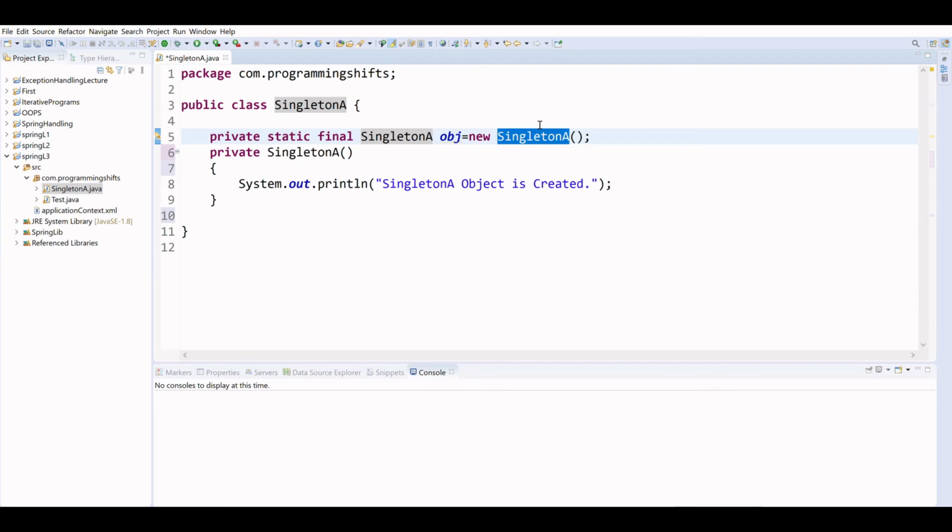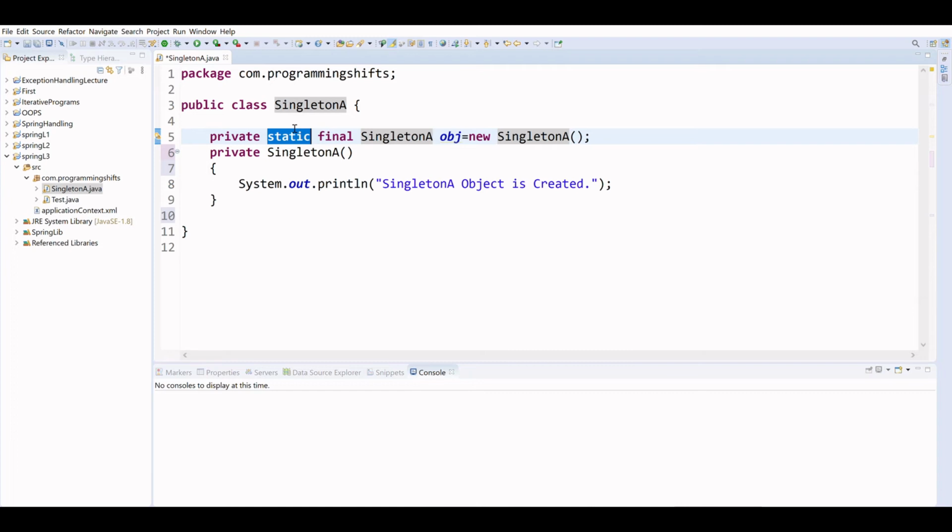And because it is static, when the class loads, the static content of the class will load at class loading time. So when we run the program, it will immediately create a singleton object. Only one object will be in the class, because this is final.